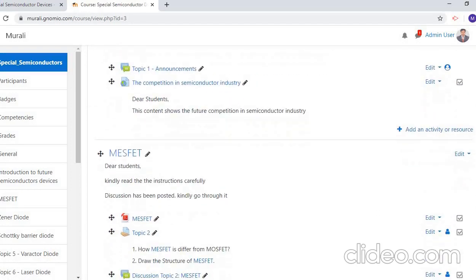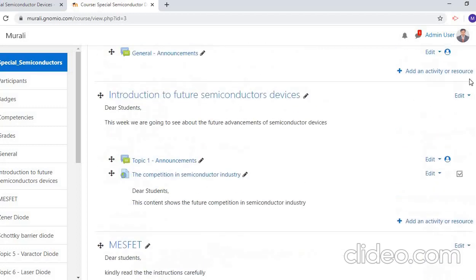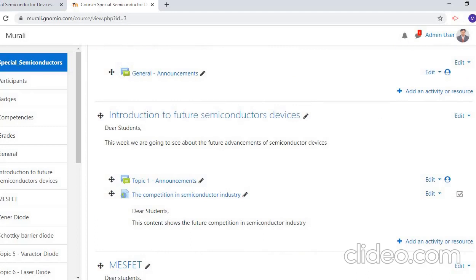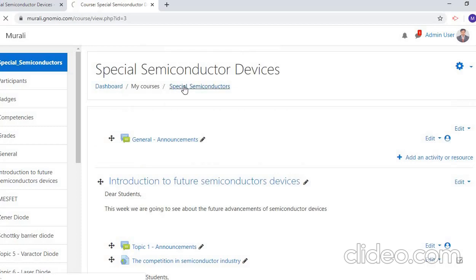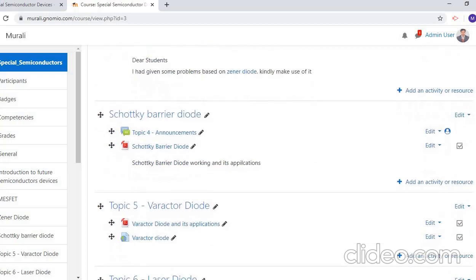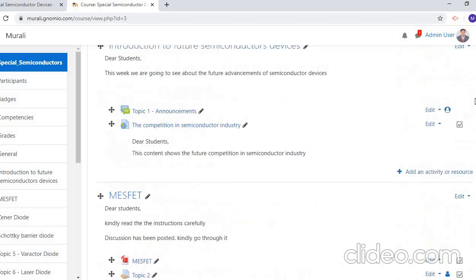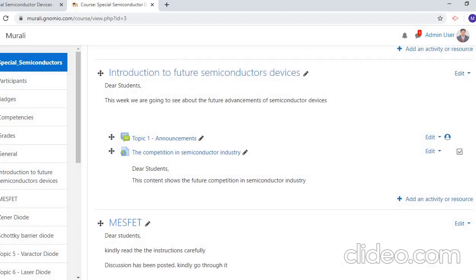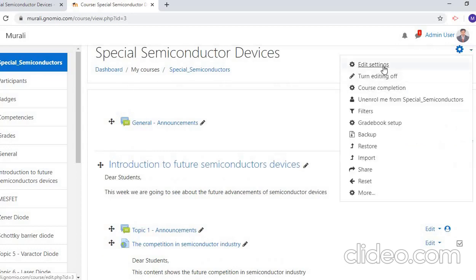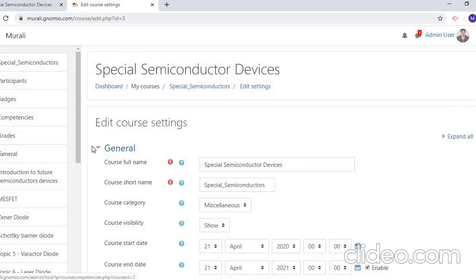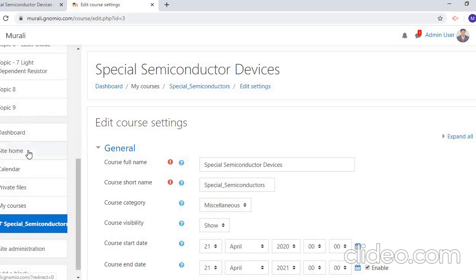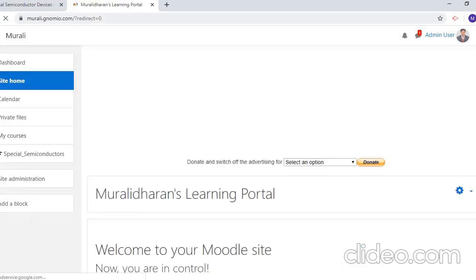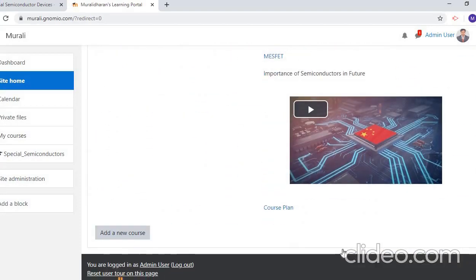Okay, now if you want to know the course plan, how the course plan is uploaded: go to edit settings, come to site home, and you can have the course plan here.